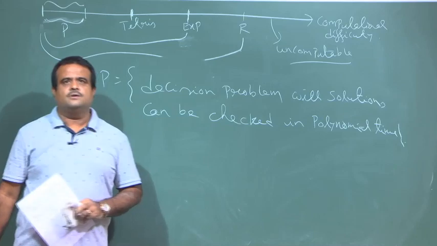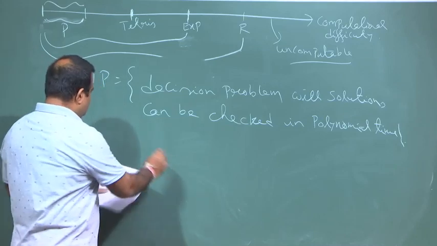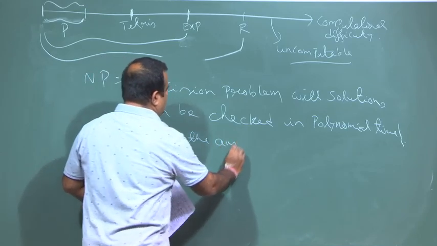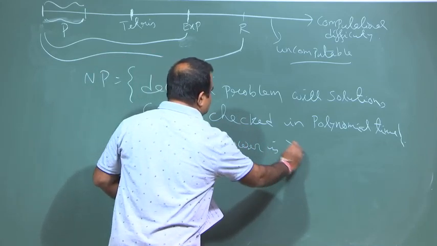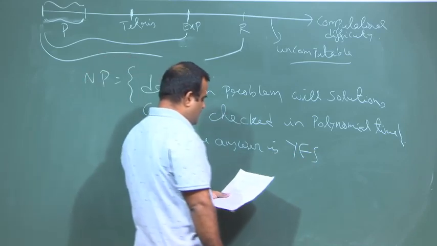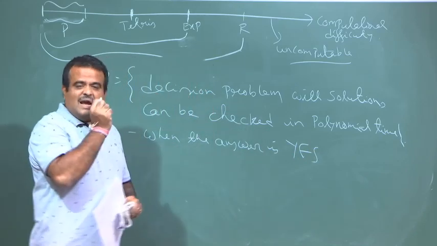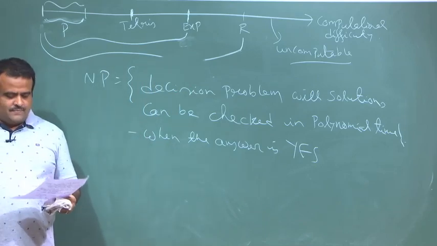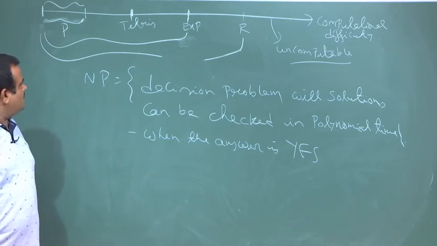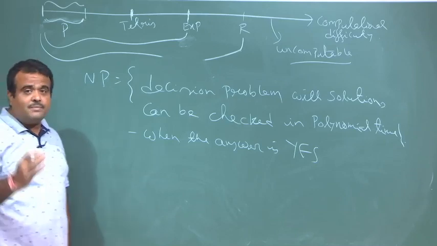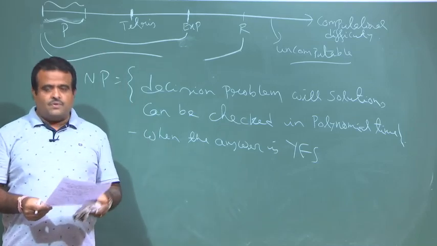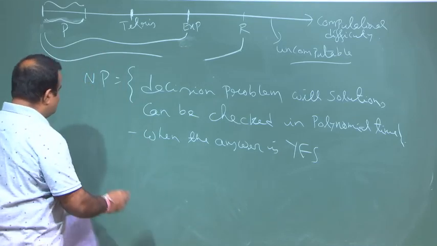So, when the answer is yes, we can prove it, and we can check the proof in polynomial time. So, this is another way to view the NP class. NP is non-deterministic polynomial time. One example of NP is